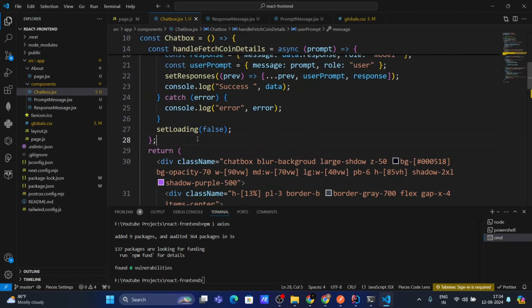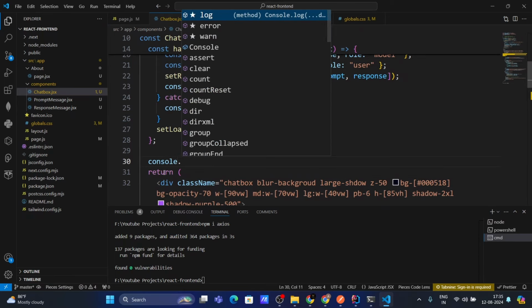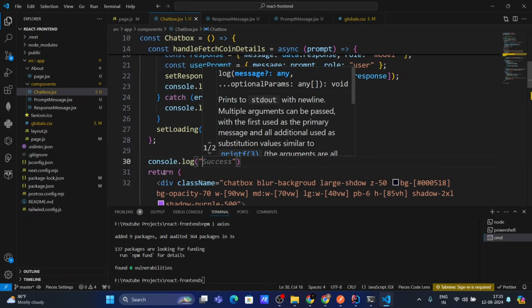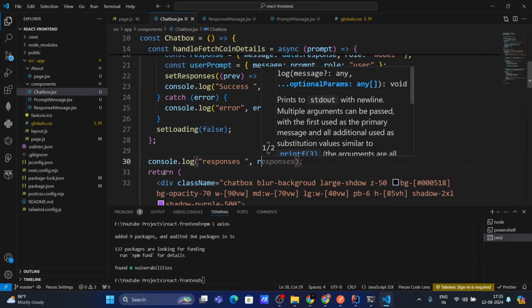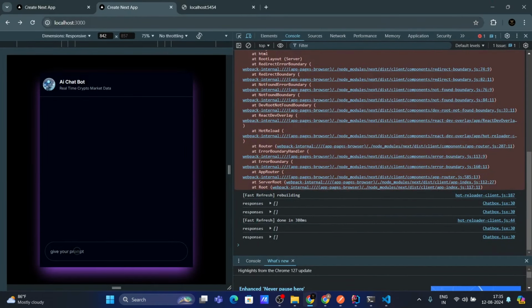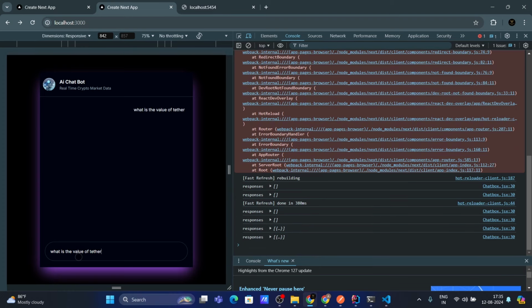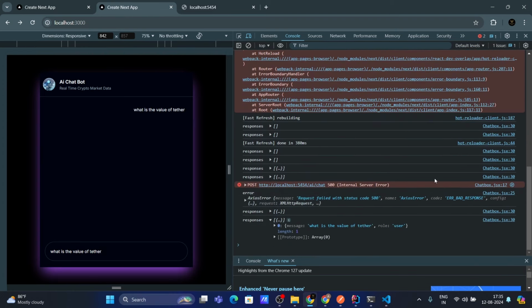Okay, let's do one thing. Let's console the responses, so we can console.log responses. Okay, let's check the bugs. What is the bug in mapping? What is the value of tether? This time let's give tether. So see, inside response we have this message and user role, but